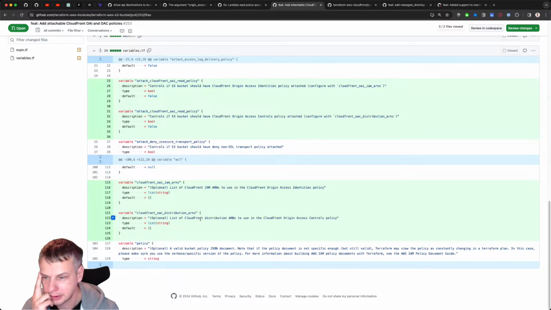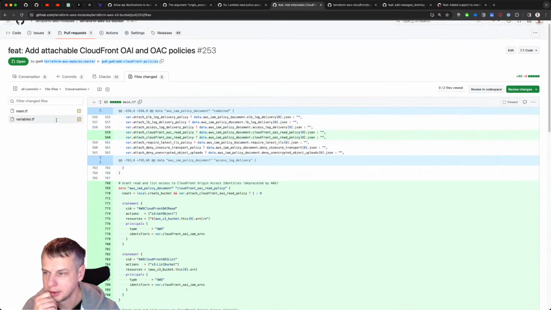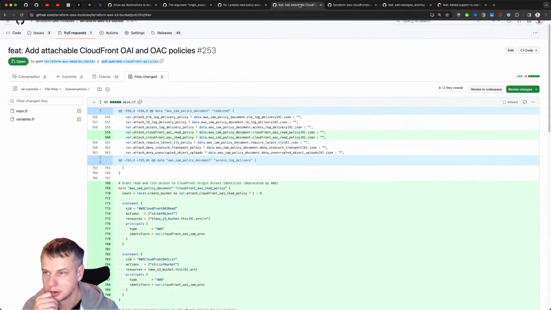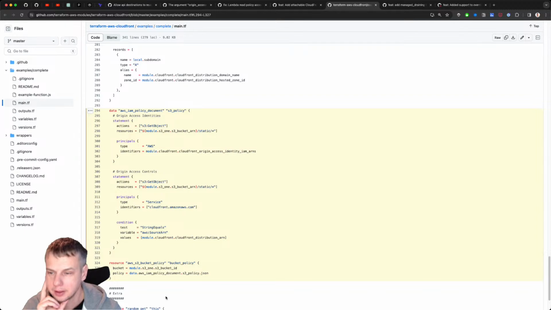Absolutely. Then the code is simplified, then the examples are updated. Yeah, it looks good. Okay, let's take a look. Let's think where this can be.